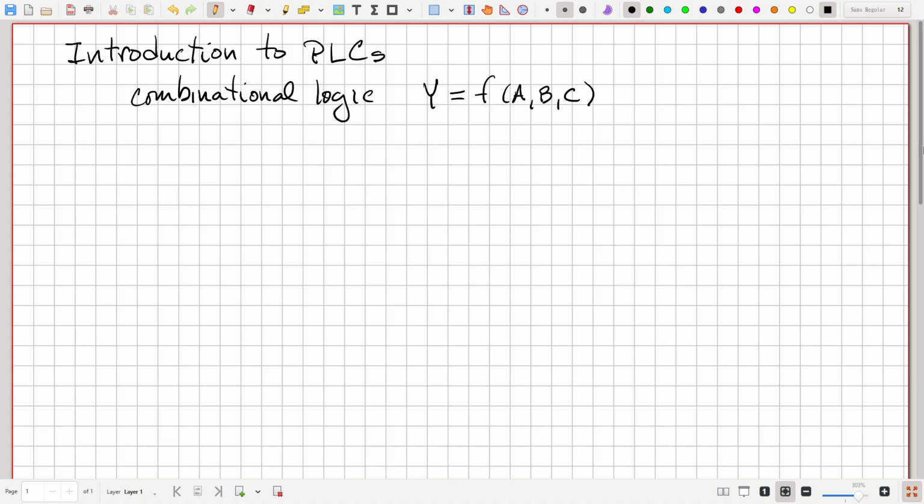where the binary variable y, say, is a function of the three binary input variables a, b, and c. And we learned how to use k-maps to minimize logic functions, how to represent them in terms of logic gates, and so on. Then we moved to sequential